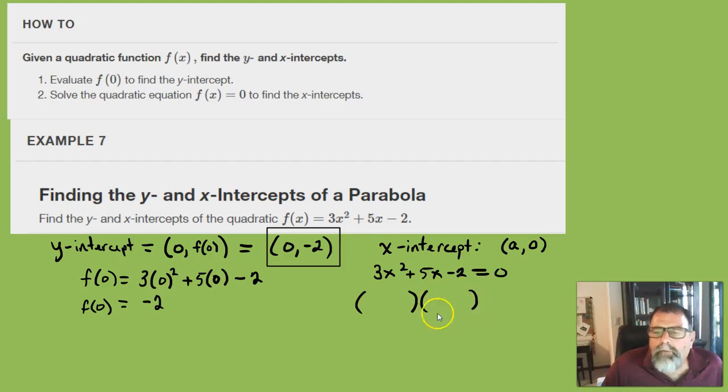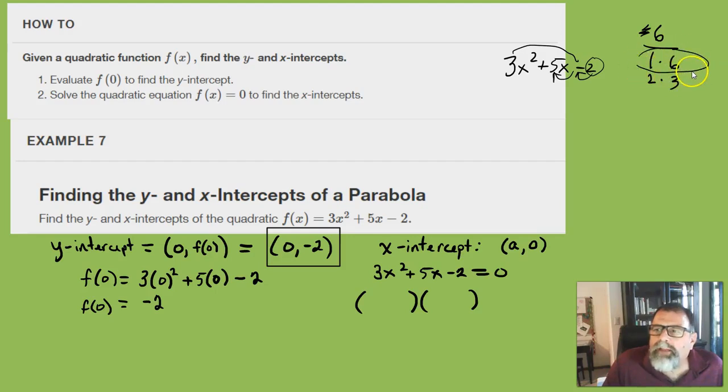So hopefully, if you remember the factoring by grouping, here I'll do it in scratch work up here. 3x squared plus 5x minus 2. So I do 3 times 2 is 6. It's negative 6, but remember I don't worry about the negative. Factors of 6 that subtract to 5. So if I go through factors of 6, 1 and 6, 2 and 3, and that's it, this one subtracts to 5. So what I do is I'm going to rewrite that middle term as 6x and 1x